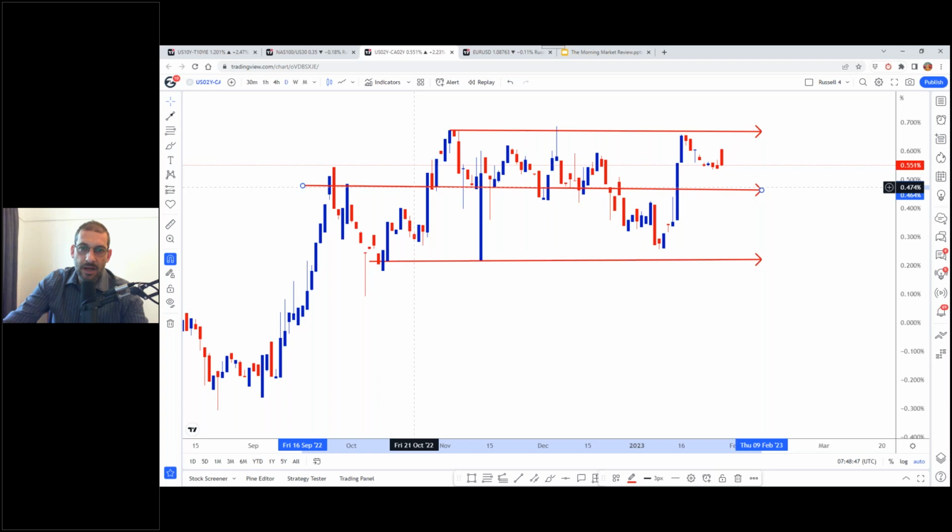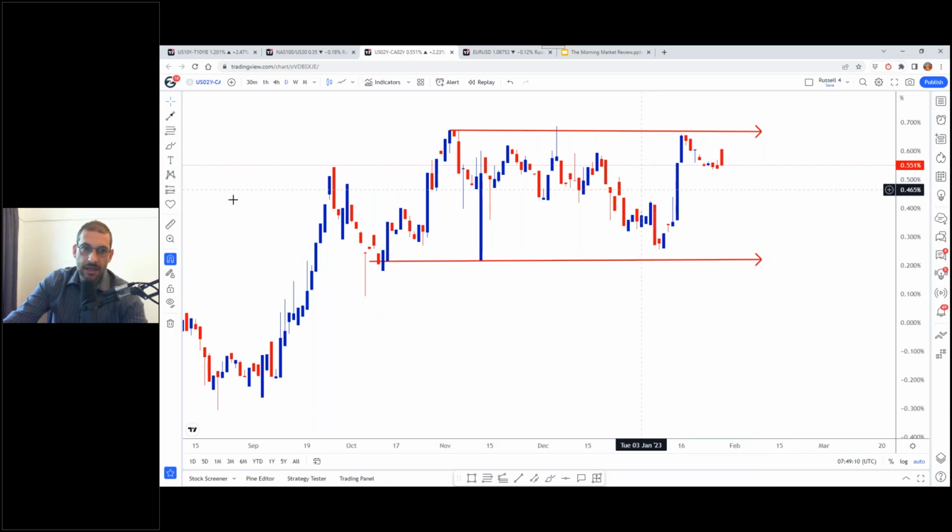Now, if the Bank of Canada has said that they are looking to pause, okay, and if this relationship continues, well, then the Fed needs to follow suit. The Fed needs to pause as well. So this is a very interesting chart. Now we've got the Fed coming out on Wednesday. That's the 1st of February, okay, and the question is, are they going to still be talking a hawkish game or not?